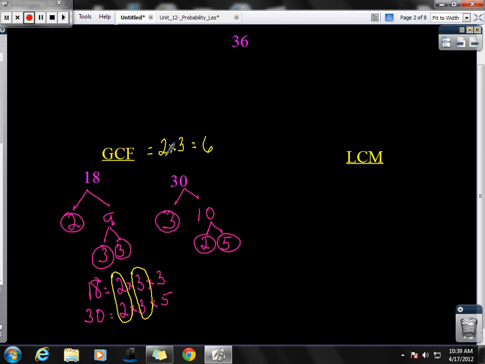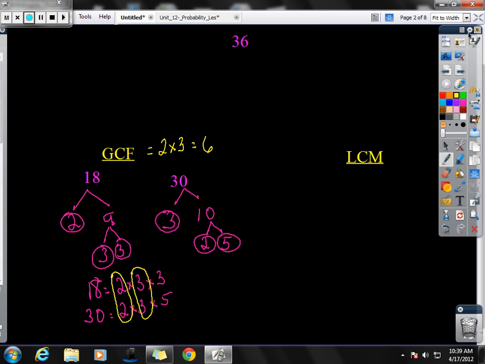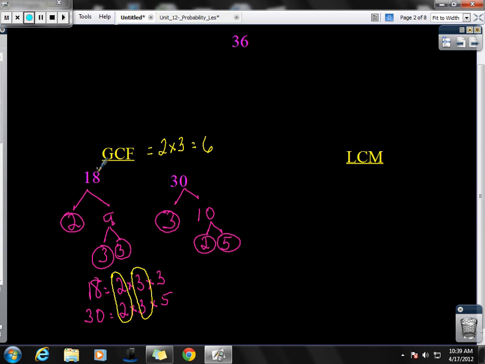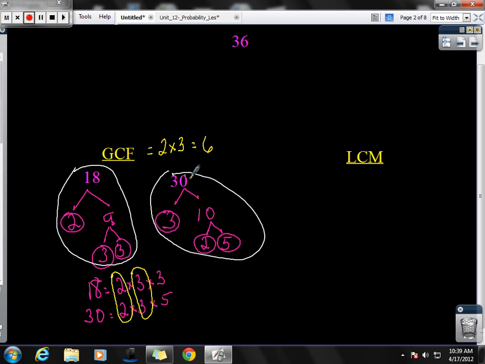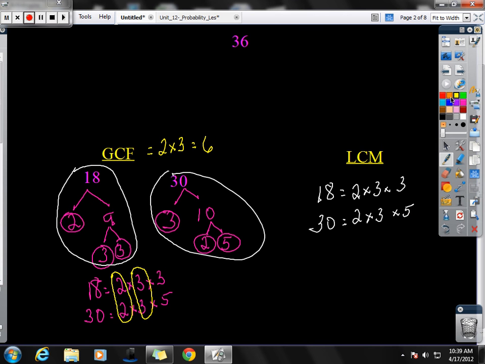common denominators. So we're using greatest common factor. Now I'm going to do the same process for, maybe we'll do this one in white. We're going to calculate the tree diagram for 18, which we have right there, and the tree diagram for 30, which we have right there. And I'm going to write it over here to show you how to calculate the least common multiple. So I'm going to go 18 equals 2 times 3 times 3, and we have 30 equals 2 times 3 times 5. And again, what we want to be doing here is we want to circle the ones that